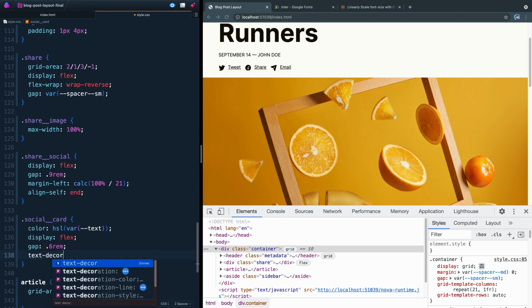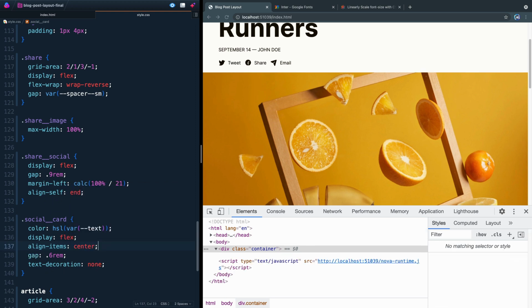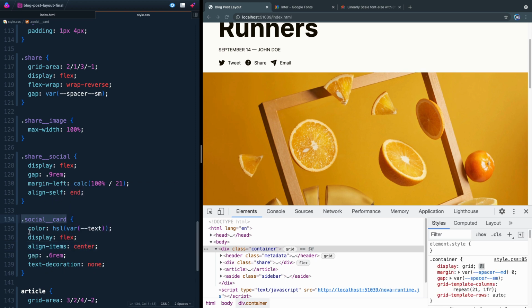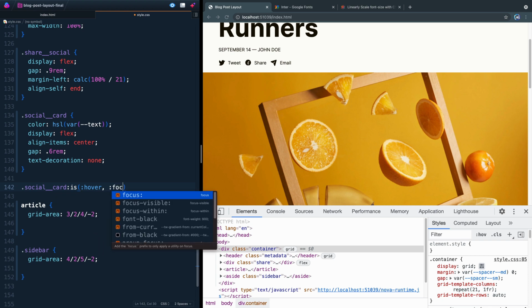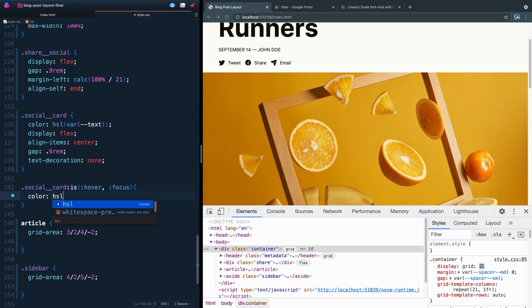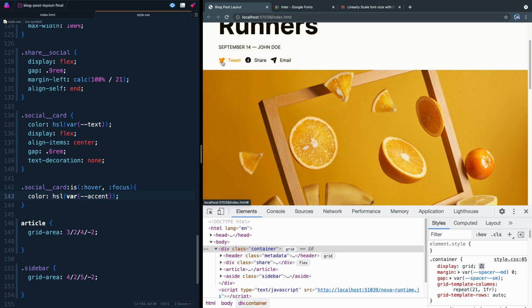We do want text decoration of none so that underline doesn't show. And let's go ahead and say align items center so that the text and the icons all match up. Now whenever we hover or we focus on the social card, we're going to add an is selector here and say that on hover or on focus, we want to change the color to HSL, our var of accent. And if I save this here and I come over hovering over either the SVG or the text, the entire thing changes because again, I've used current color on the SVG, and of course this text is already wrapped inside